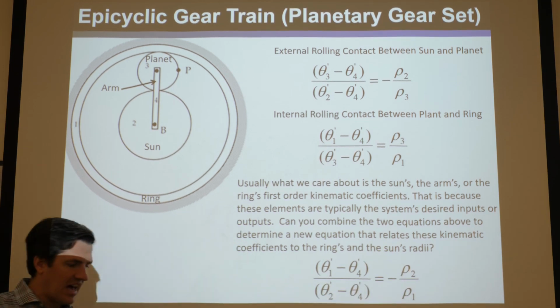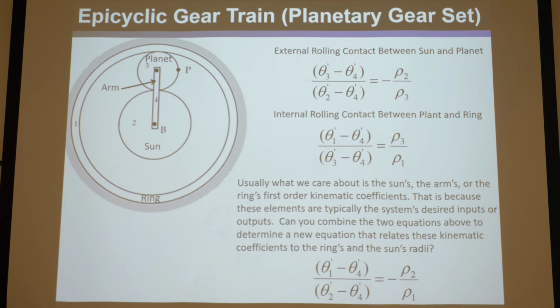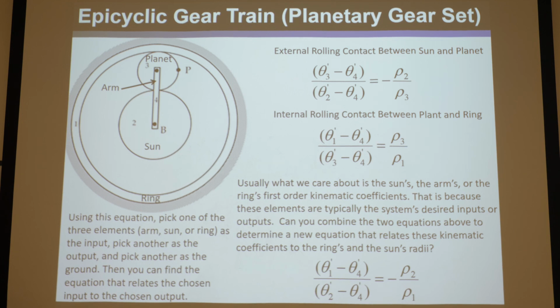The only radii we need is the ring and the sun. Okay, of course the arm doesn't have a radius, and so thank heavens that doesn't show up in there, okay? All right, so now what we can do, since it's very difficult to visualize, is you could say, okay,